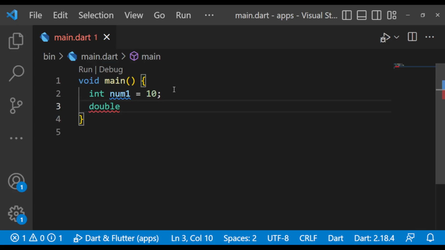So there's double. You declare a variable with a double data type using the double keyword. In this case, it will be double, and I'm going to name this variable num2. Then I can assign a value of a fraction like this, 20.5. Okay, so now that we know how to declare these